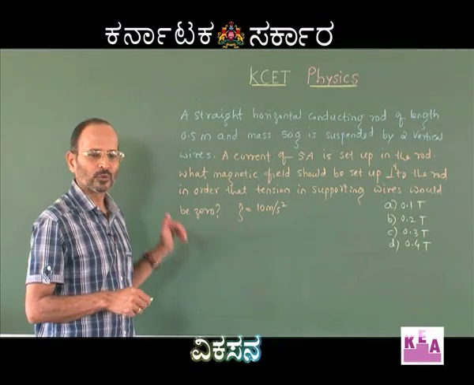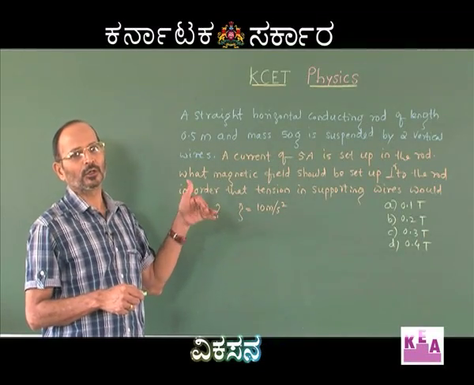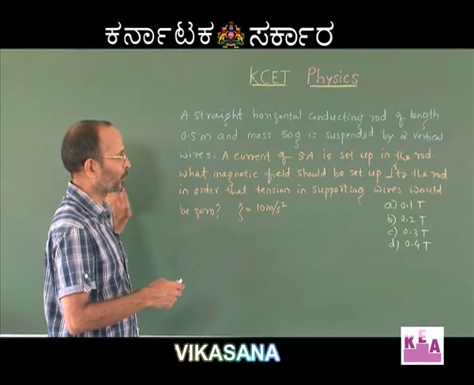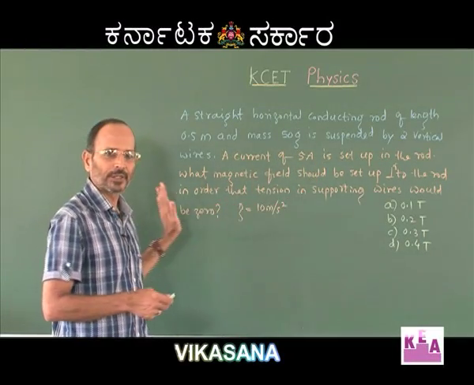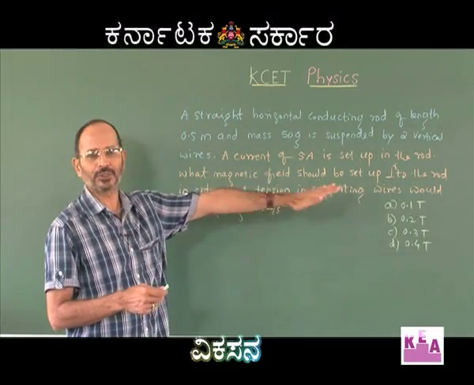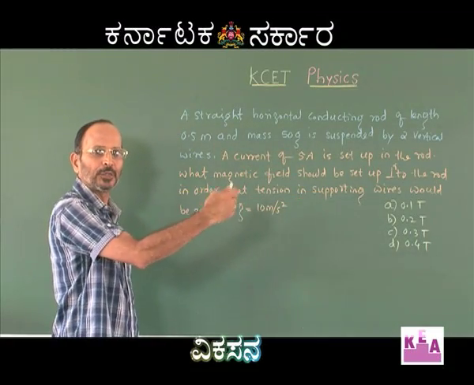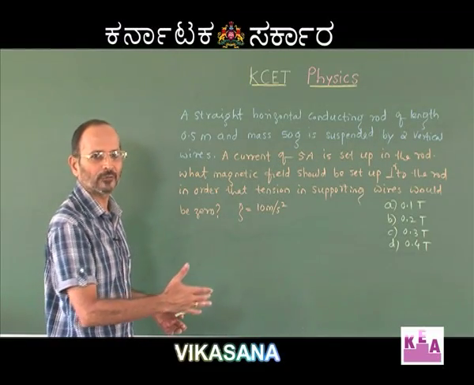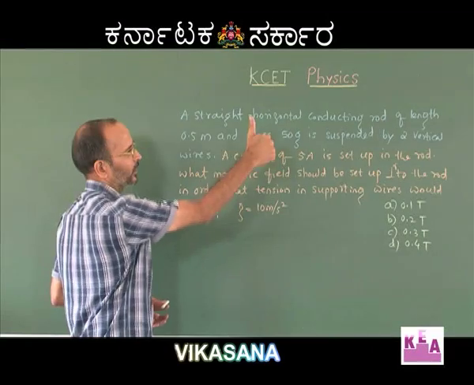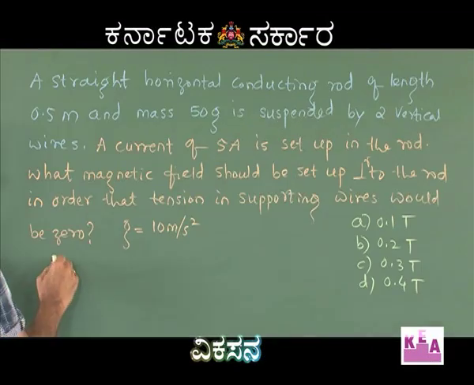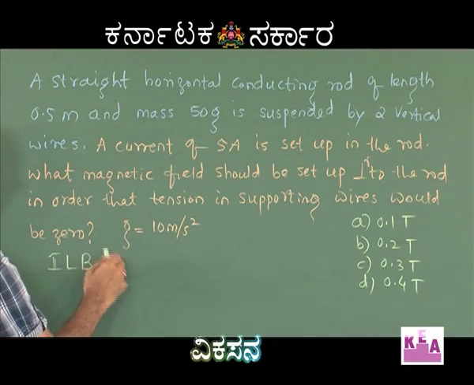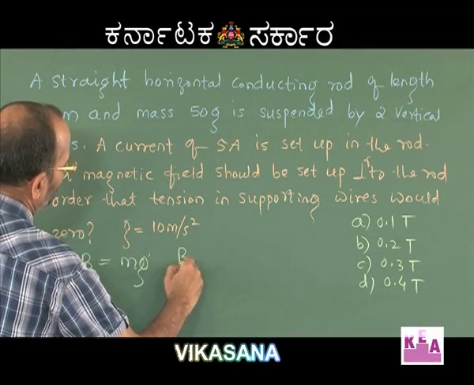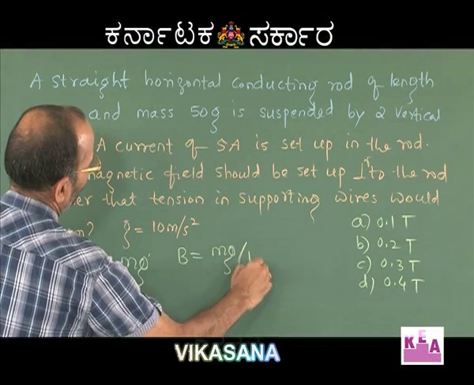So, let me write down the force on the rod due to the magnetic field. But please remember, I am assuming that the current in the rod is from the left of the board towards the right, and I have taken the magnetic field to be into the board, perpendicular to the board, which makes the force acting on the rod due to the magnetic field to be I dl cross B in the upward direction. So, I L B should be equal to M into G,